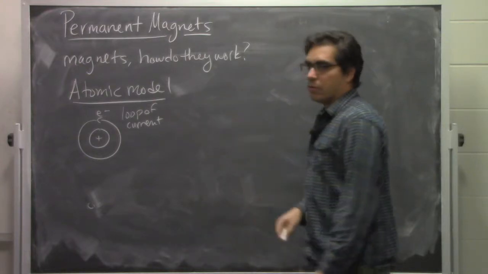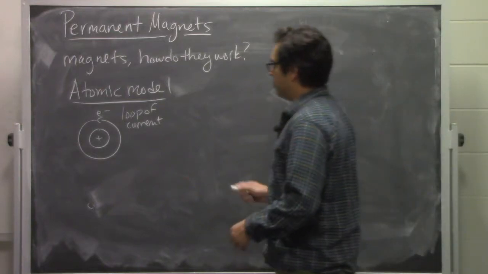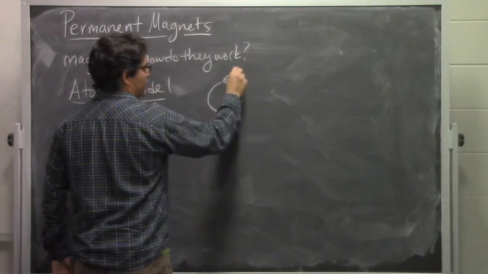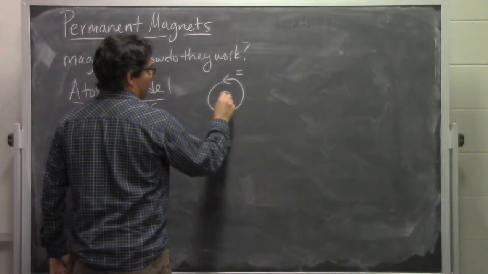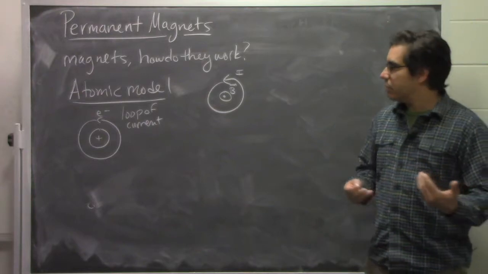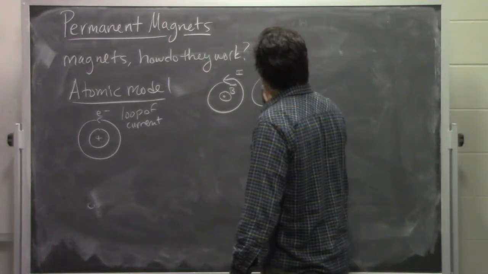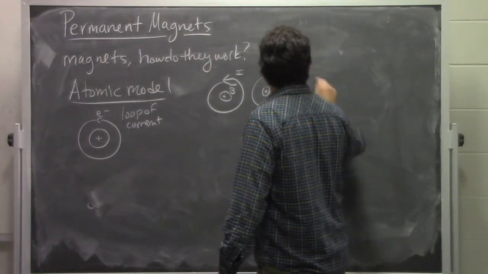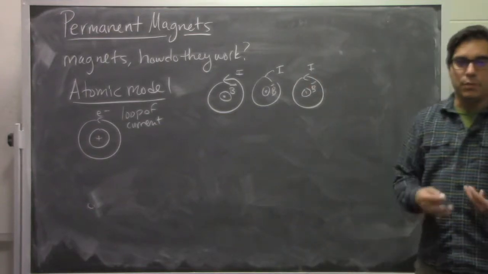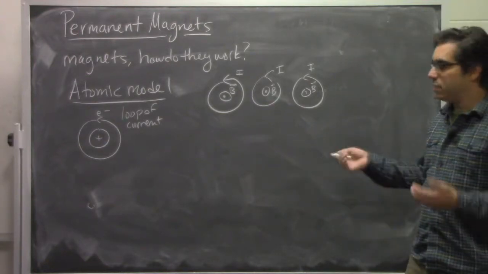So if you imagine a bunch of these little loops of current, each one of them produces a magnetic field. And if we use our right-hand rule, what we're going to find is that for each loop of current that goes around like this, we produce at the center here a magnetic field that points out of the board. And so if you imagine a bunch of electrons that are in this lattice of matter, right, and they're all next to each other, if they all happen to line up like this, they all generate little magnetic fields that superpose, right? They all add up to give you a combined magnetic field